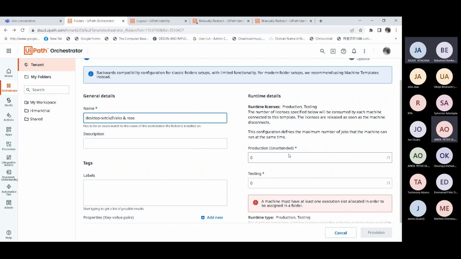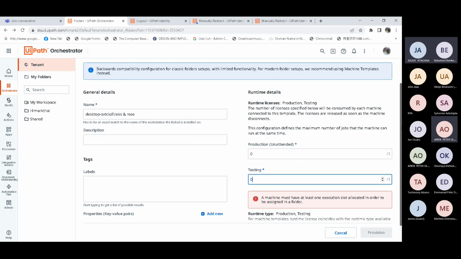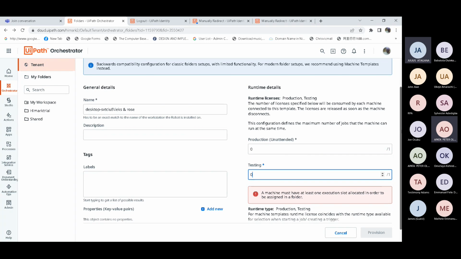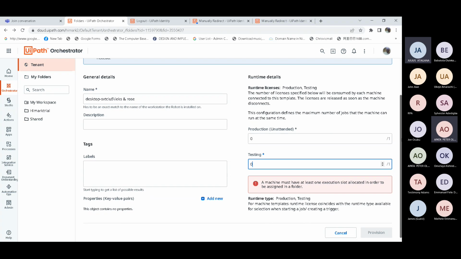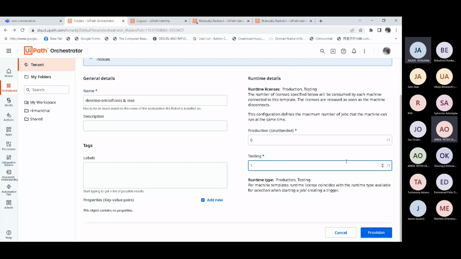Is this how you copied it in your command prompt? Yes. So just leave it the way it is. Okay, so one unattended, one attended. Then provision. Done.